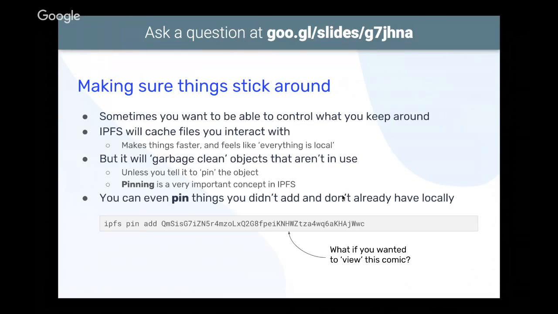And then related to your homework, you're going to want to make sure that things stick around. So normally when you're interacting with IPFS on the command line, it will cache the files that you interact with. So if you cat a particular file, it's going to cache it locally so that you can access it later. The idea being that this makes things feel like everything is local to your system. But as time goes on and you interact with more files, eventually, if you're not using it, it will probably get garbage cleaned up. So objects that aren't in use will get cleaned up,